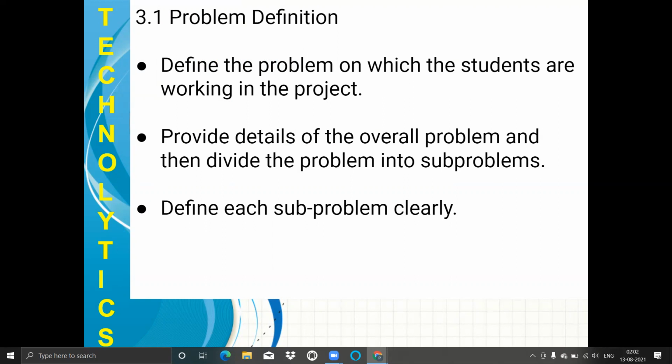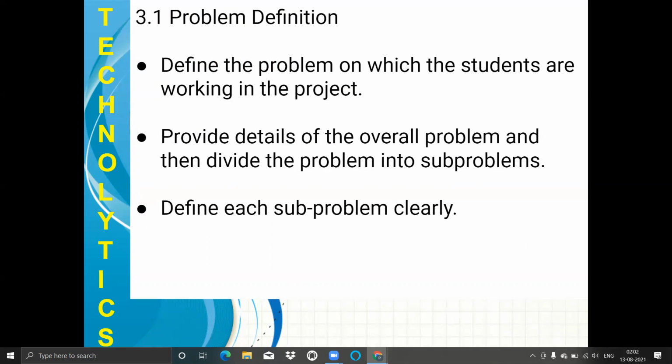The main basic problem that you have to elaborate in the first paragraph, provide details of the overall problem and then divide the problem into sub-problems. Of course, main problem is there and small sub-problems are also included in that main problem.